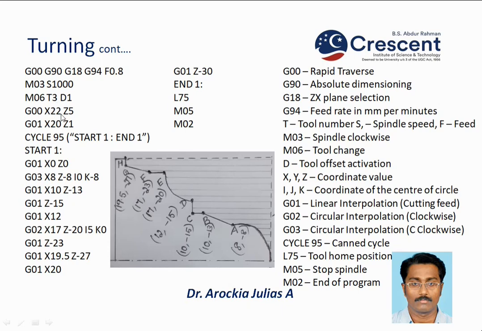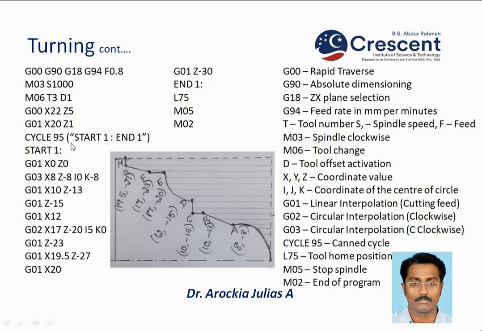Next we are going to the program. From rapid traverse G00 we are moving the tool to X22 Z5. Okay, it may be at the default location. We are using rapid traverse to move it closer to the specimen. Next is G01, we are taking it much closer using linear interpolation for safety purpose. So X20 to Z1. Okay, the diameter of the specimen is 40, so radius is 20, so we are going closer to that. X20 Z1. Okay, we are bringing the tool closer to the region.